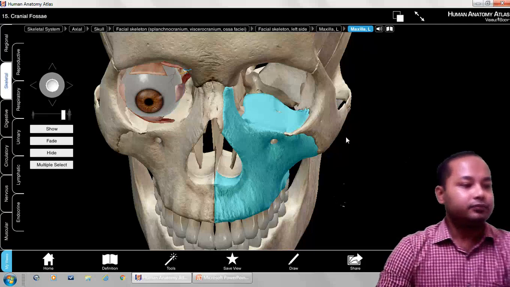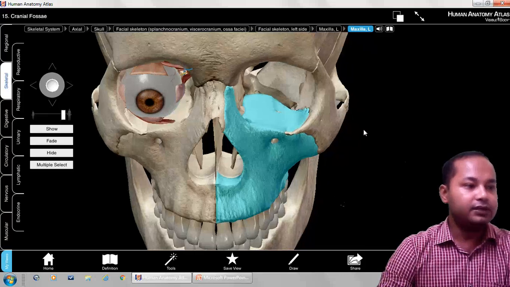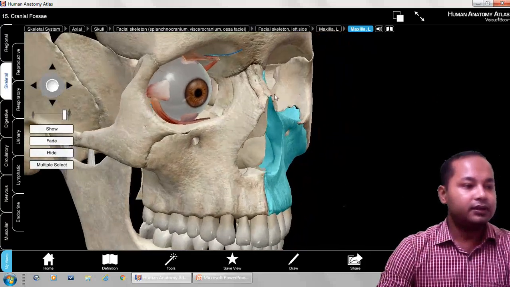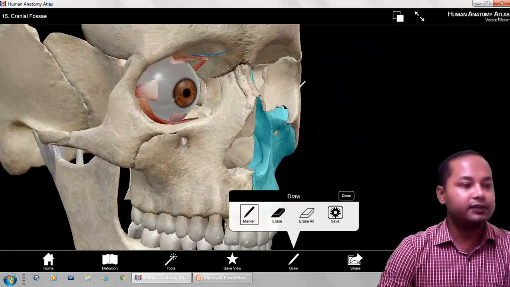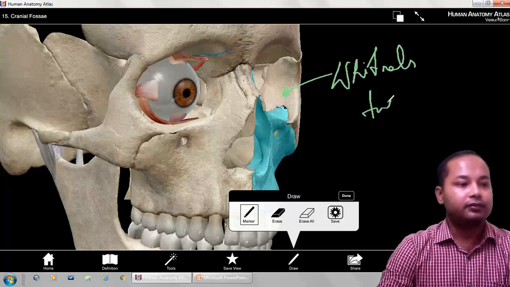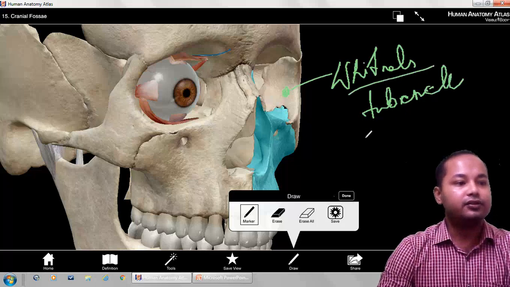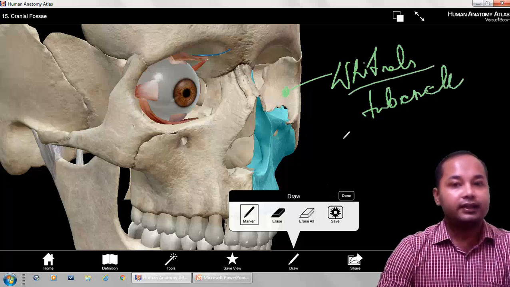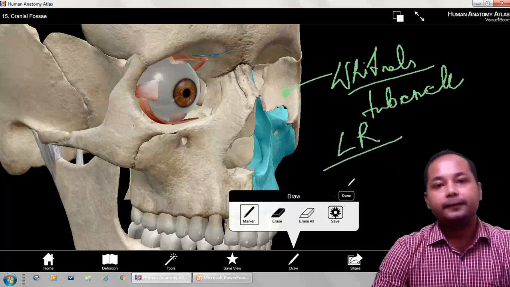Okay. The next thing which I actually left out was in the lateral part. In the lateral part there is a check ligament, and this check ligament is called the Whitnall's tubercle. So I switched on to the recti muscles because I was telling about the Whitnall's tubercle, and it is actually providing the check ligament for the lateral rectus muscle, and also to the